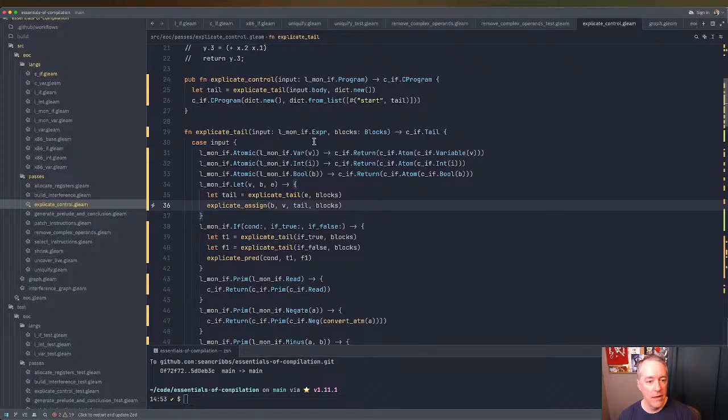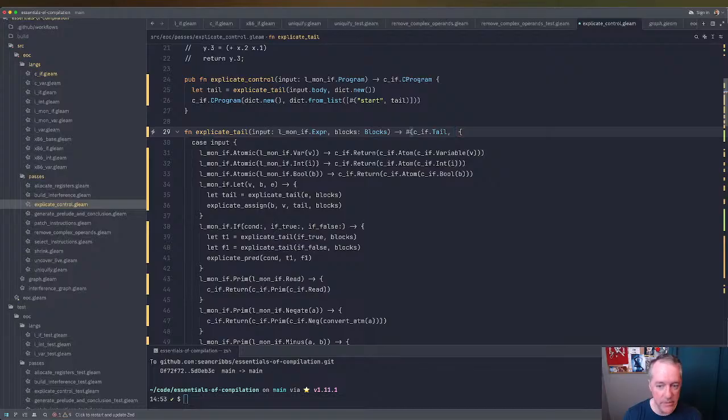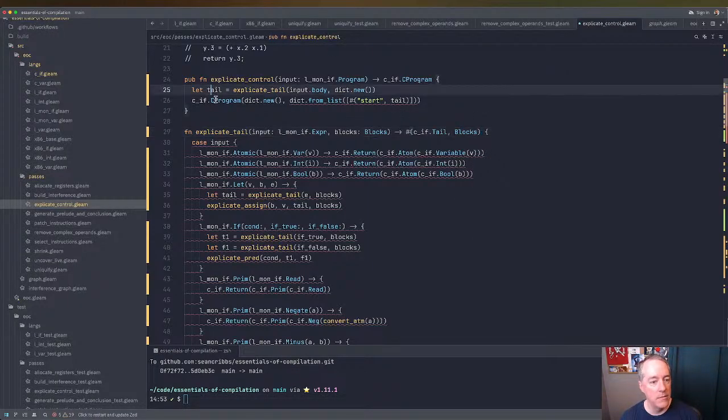So explicate tail needs to return the new tail. This is the tail of the start function plus any modified blocks. So this means that we actually need